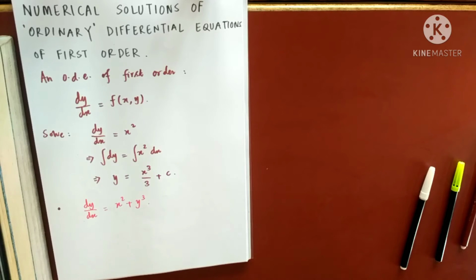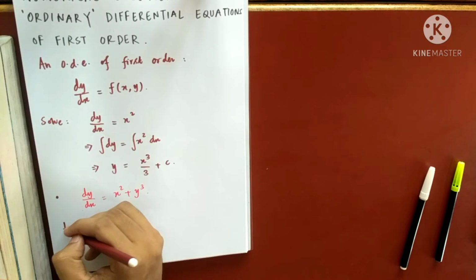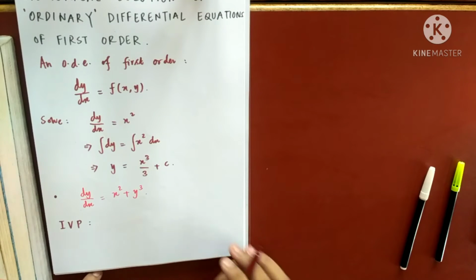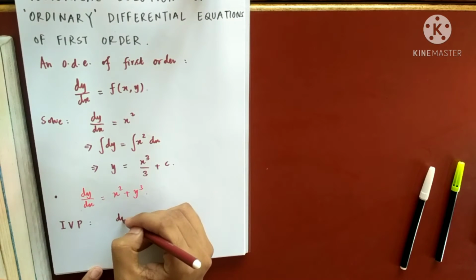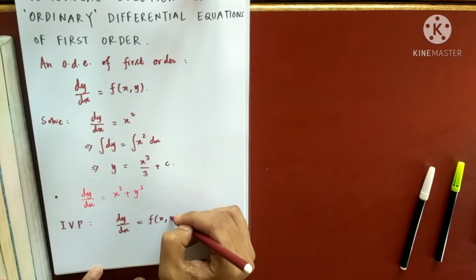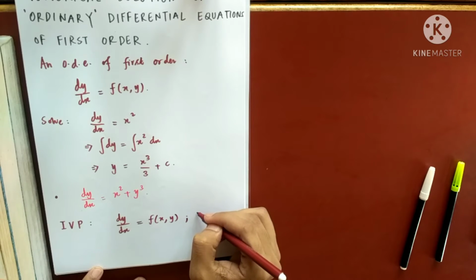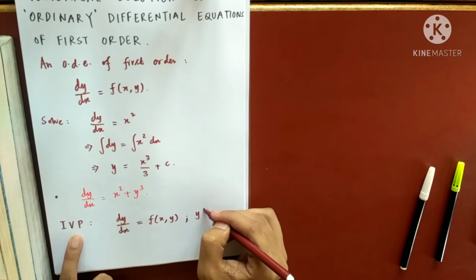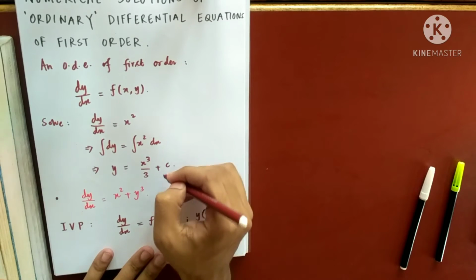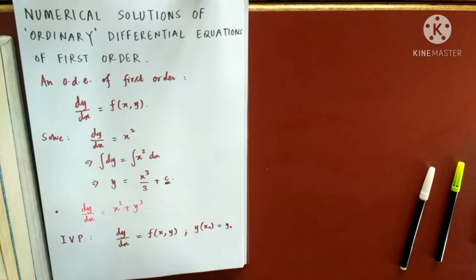Okay, so what kind of problems will we deal with? We will deal with something called an IVP. What is an IVP? That is an initial value problem. IVP stands for initial value problem, you may write it down. Our aim is to solve this kind of differential equations, and some information is given. That is why it is known as an initial value problem. The initial information is given: y at some x0 is suppose y0, and that is required to find this unknown constant c and nothing else.